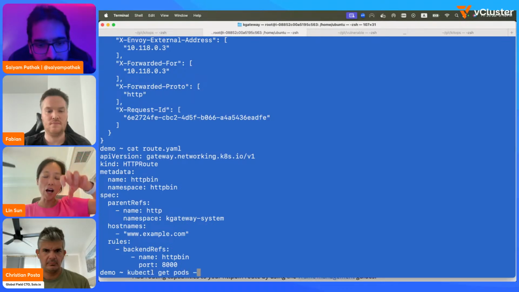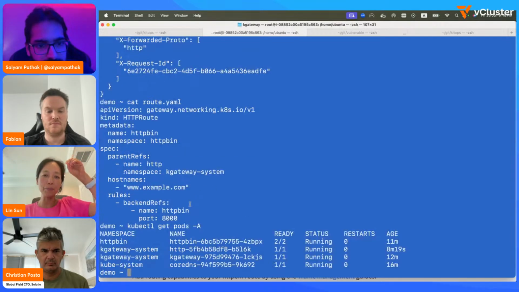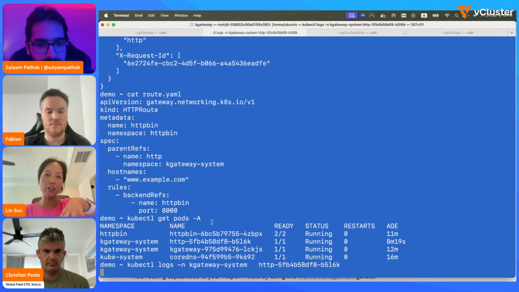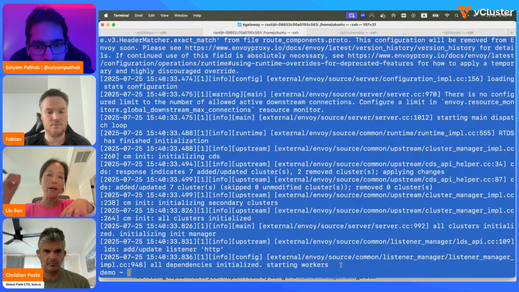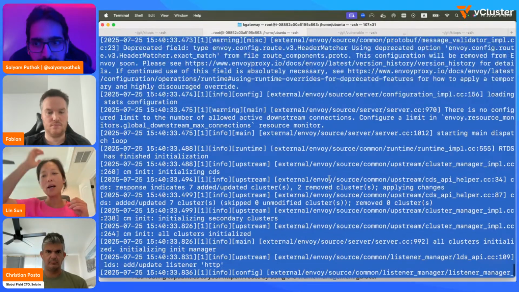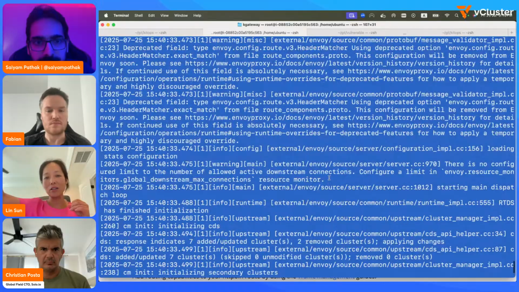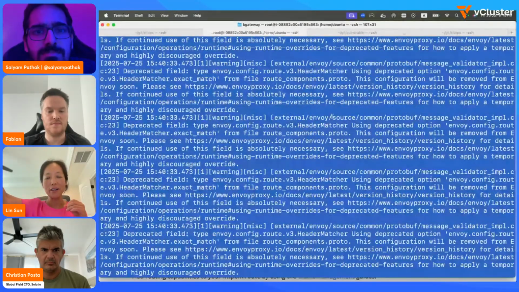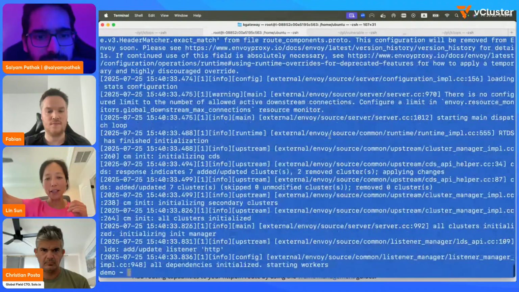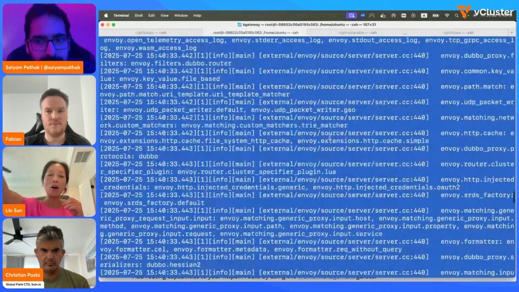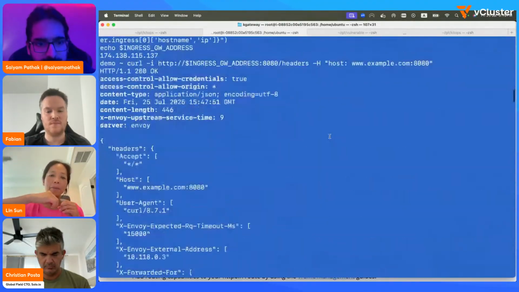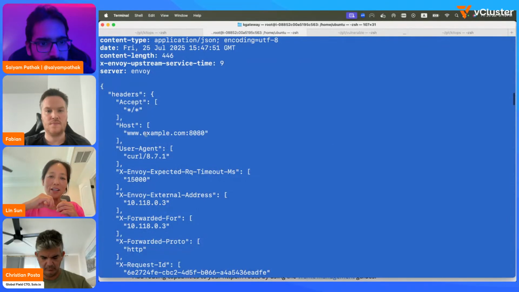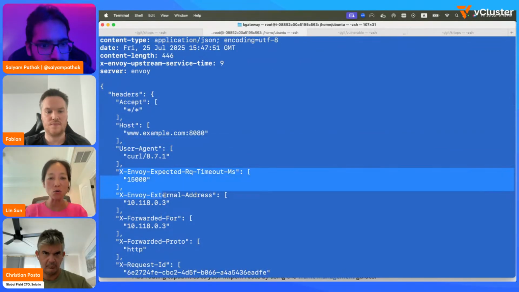And then that Envoy proxy is programmatically configured to know where the traffic should route when it arrives on 8080, because the control plane watches the HTTP routes configuration by the kgateway control plane, also in the kgateway system, and automatically programs the Envoy proxy, the HTTP bin Envoy proxy, to do the route configuration.